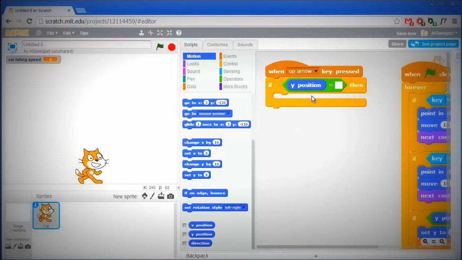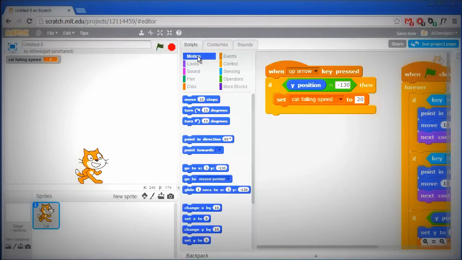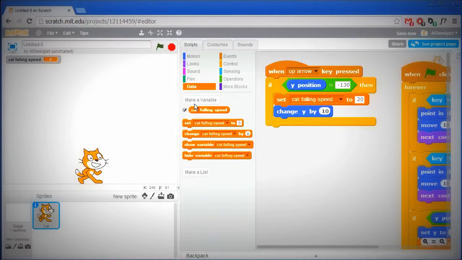So Y position from the dark blue motion category, and 130. And to make the cat jump, we just have to set the cat falling speed variable to some positive number, say 20, and then move the cat off the ground. So change Y by the cat falling speed. So this will set cat falling speed to 20